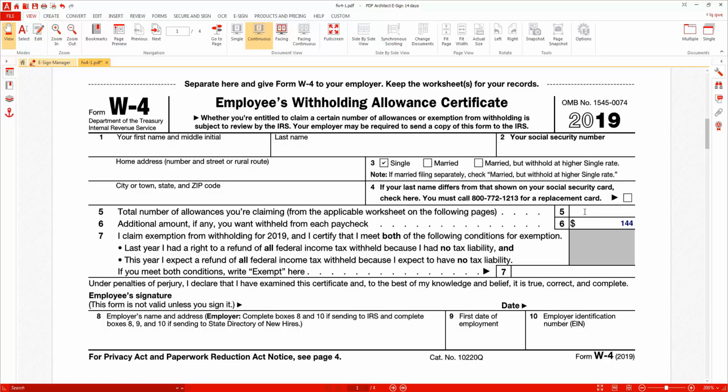All right. Now, if you're dealing with an accountant, you don't need anything in line 5. If you're dealing with an accountant, they'll understand that you simply want 144 withheld from each paycheck. If you're dealing with a payroll clerk, or if you're dealing with a third-party payroll service like ADP or Paychex, if your company has one of those online programs to enter in your W-4, usually they won't let you bypass leaving line 5 blank. So here's the way around that, okay?